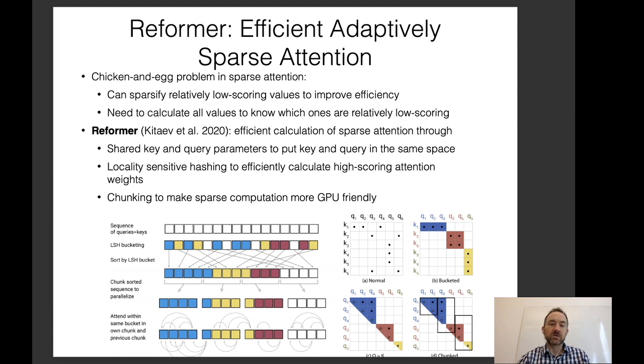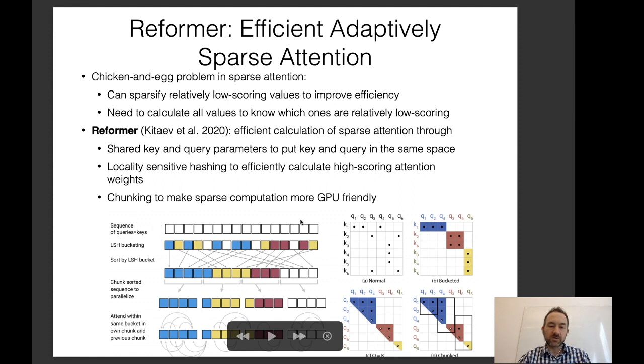After it does this, it uses a method called locality-sensitive hashing, which I believe I've talked about in an earlier class, which allows you to efficiently look up similar vectors. And just to recap, the way it does this is by turning vectors into hash functions by using a method of random projections. Then you get a hash value, and after you've gotten the hash value, that allows you to turn individual examples into buckets.